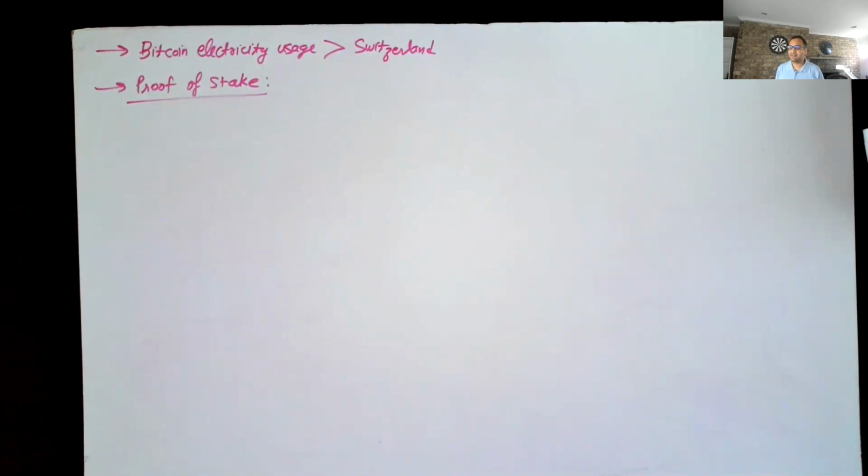You don't need to solve any meaningless computational puzzle. You don't need to use a lot of electricity. It relies on cryptography, and it is very attractive in some sense because it's a more green alternative, and it has advantages and properties which Bitcoin doesn't, but it also has its